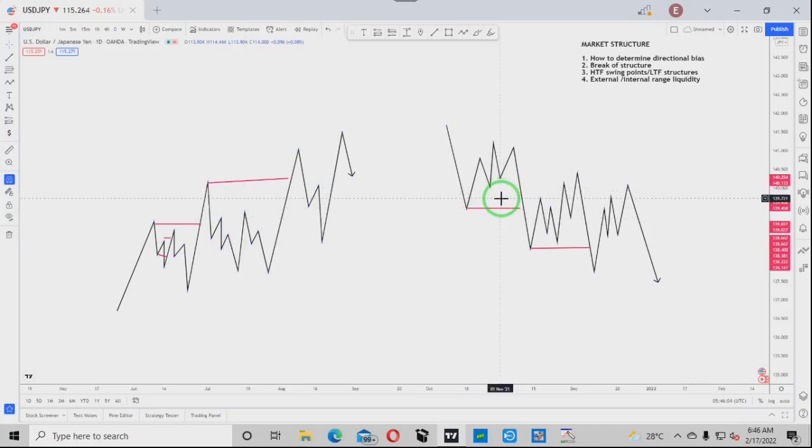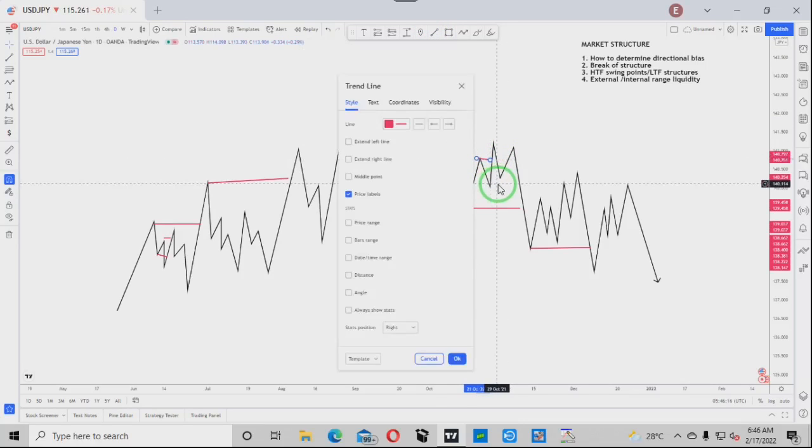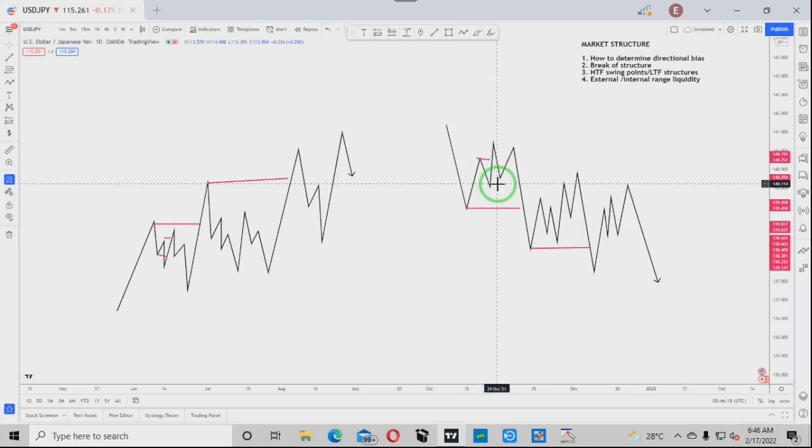It's exactly the same way. That price has broken structure here to the upside does not in any way confirm that price is now going bullish. So what you want to see is for this major swing low here to be taken. Once that major swing low is taken, you mark out your low that has been broken with a horizontal line, and then your high.